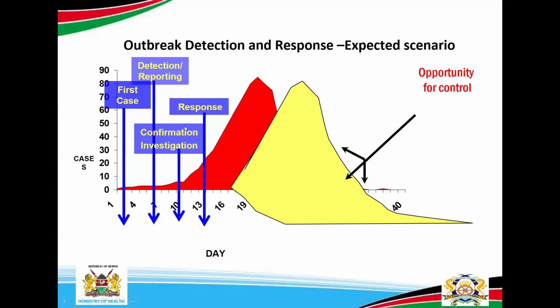So with our case definition, our disease surveillance was optimum. That means we get an opportunity to prevent the yellow one. It's additional cases which we expected to be generated by the red cases. So if we take our actions early enough, that means the yellow ones will be prevented. Why are we saying that it will be prevented? Because our surveillance systems have picked up the case, and prevention and intervention measures are in place.